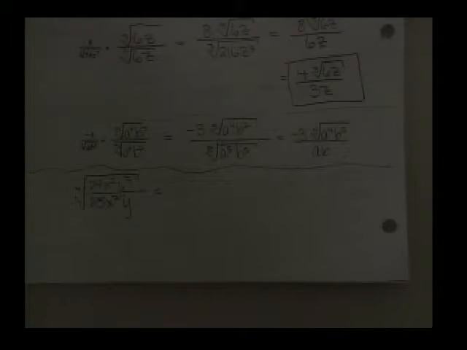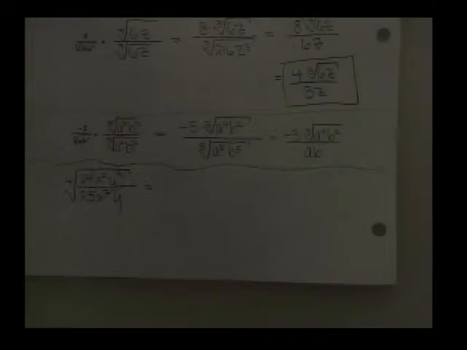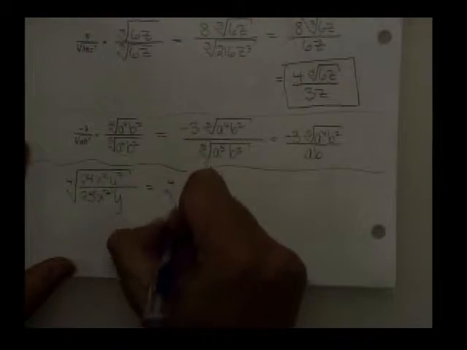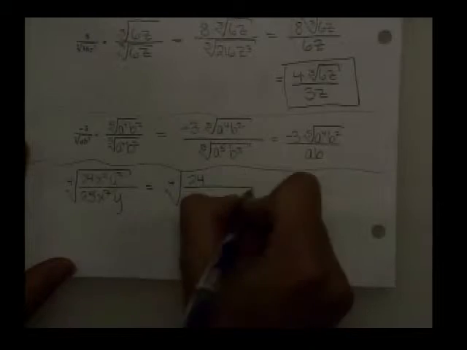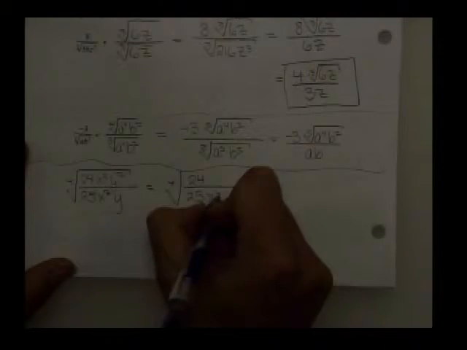Now, if you wanted, you could right away split it up as the fourth root of the numerator over the fourth root of the denominator, or you can ask yourself, can I do things to simplify under the radical first? And, well, the 24 and 25, you can't do anything with that. What about with the x's? Where are they going to be left in the denominator, and how many? 5, right? So I'll still have a 24 over 25, and I'll have x to the fifth left in the